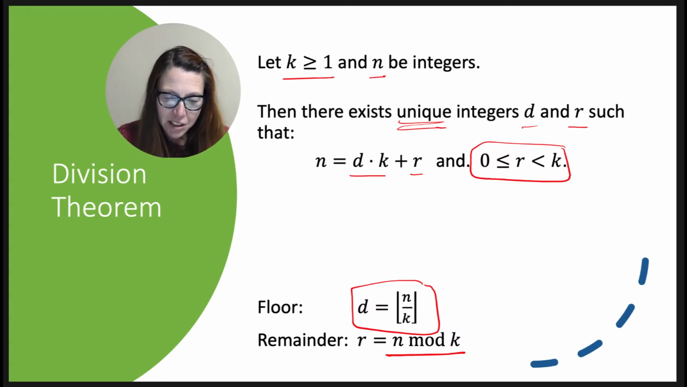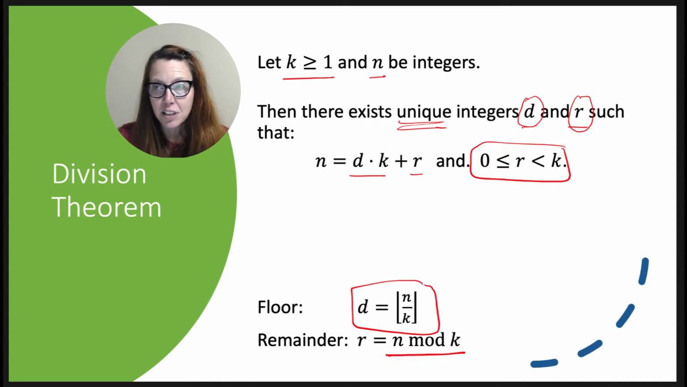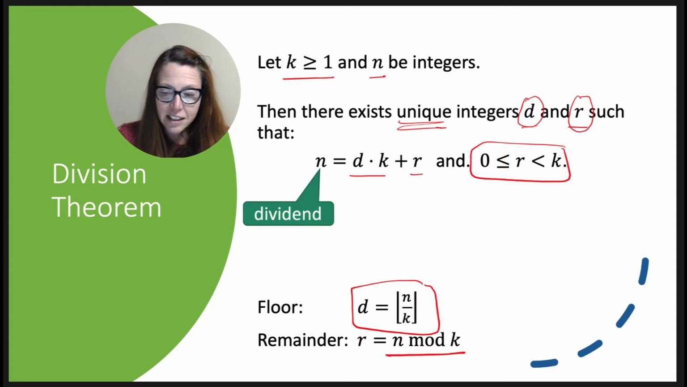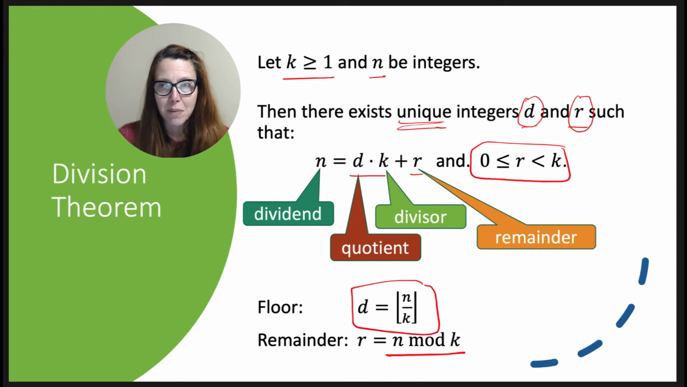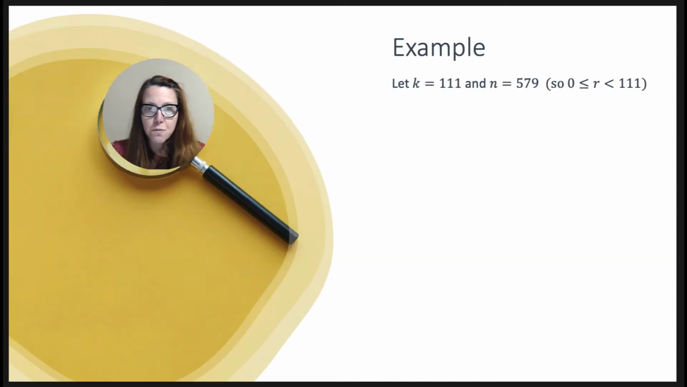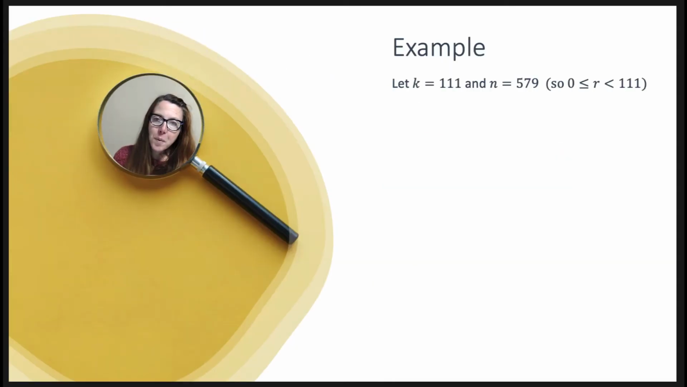And what's important about the division theorem is it tells us that these values that we get exist and they are unique. Within this, we call n the dividend, d the quotient, k the divisor, and r the remainder. So if we want to look at an example, where we're looking to find d and r,